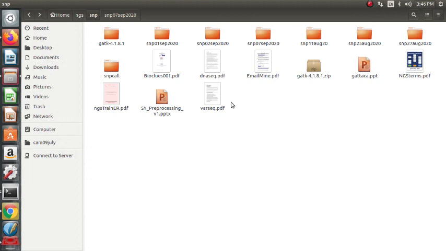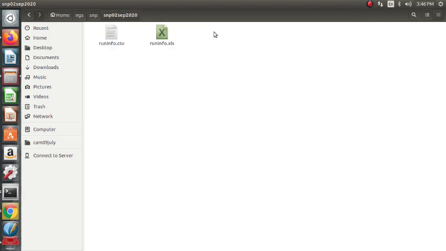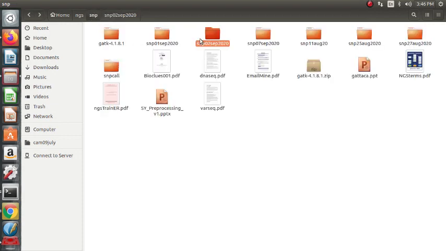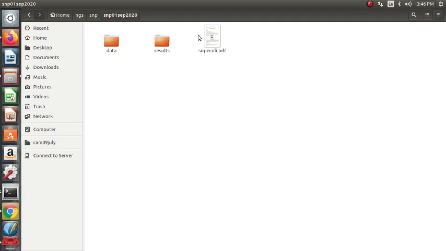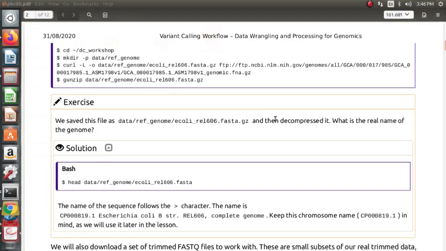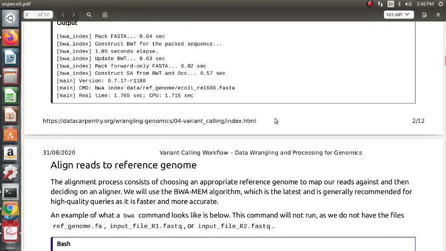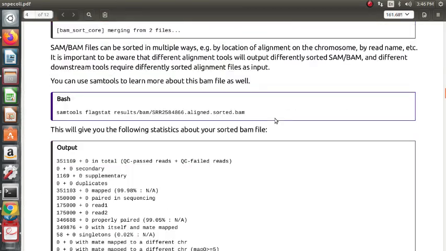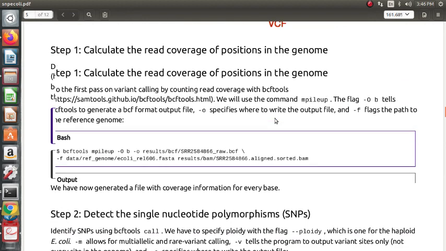We covered this earlier. One minute. Yes. This is the basic workflow for SNP calling, which we already discussed. Yes, Brijeshi, have you tried this with not REL606 but equality.fa?